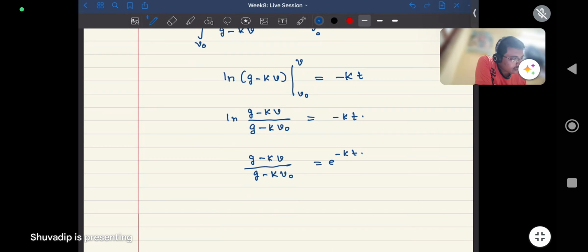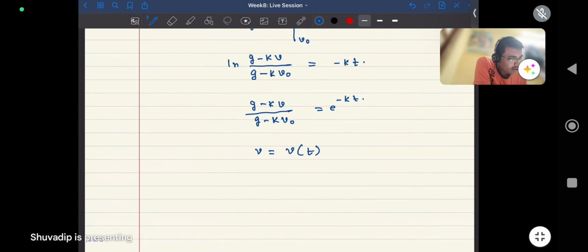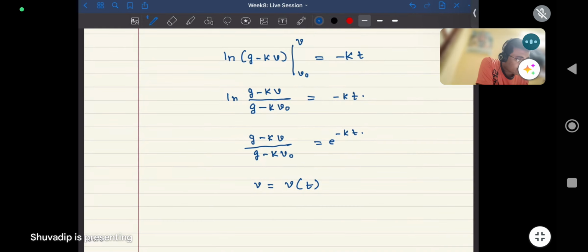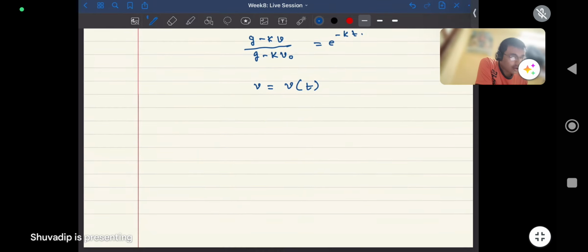From this you can write v as a function of time, with terms like e to the power minus kt, but that requires a little bit of simplification. You can write the upper side as g minus kv0 plus kv0 minus kv, and then divide by this term, so there will be cancellation. But even from the first equation, you can write m dv dt